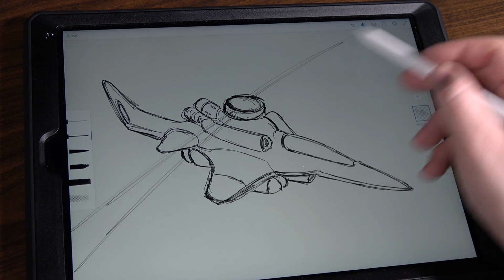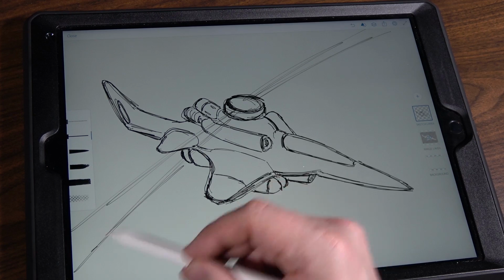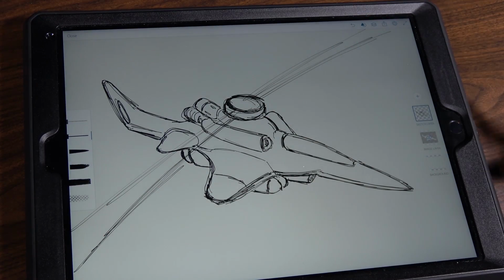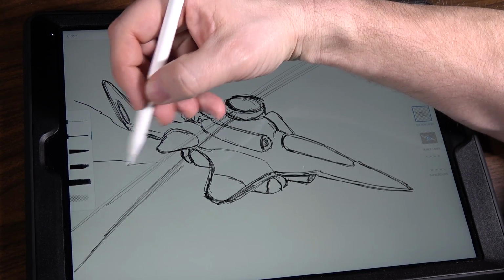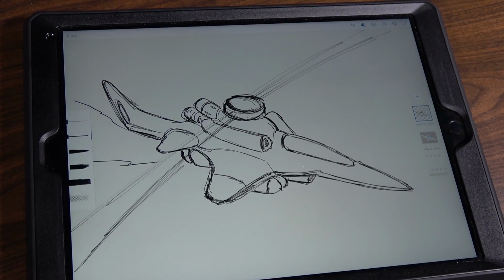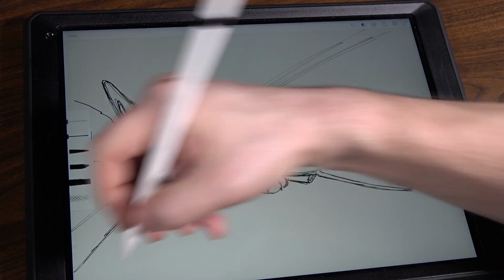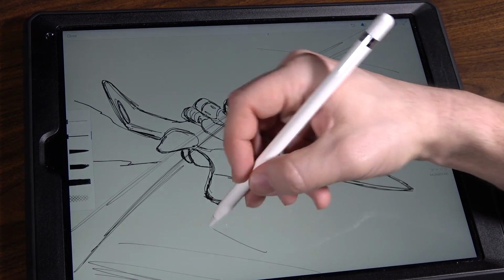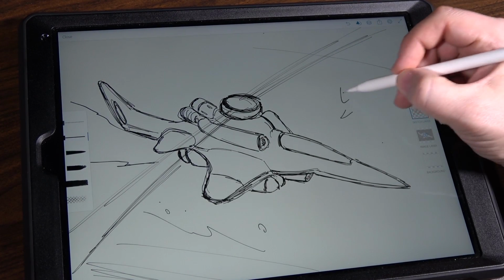Blades, which I usually don't do detail work on. I like to represent them, but since they're always in motion, I'll just throw them in there. And then sometimes it's using its nuclear-powered jet engine to fly super fast. And then the next thing I would do is go through with shading and final inks. And depending on where it's flying, maybe even throw in a background, some action lines or dust being kicked up or something. And word balloons like